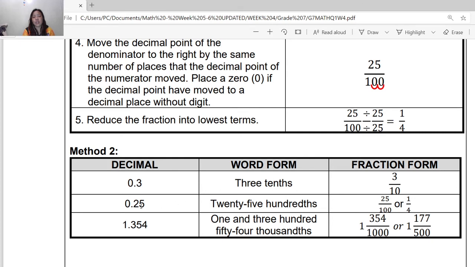Here, you have to consider the last digit. What is the place value of the last number? That is hundredths. So 25 hundredths, and you can write that as 25 over 100. When you have "th" on the last digit, that one goes on the denominator. So next is